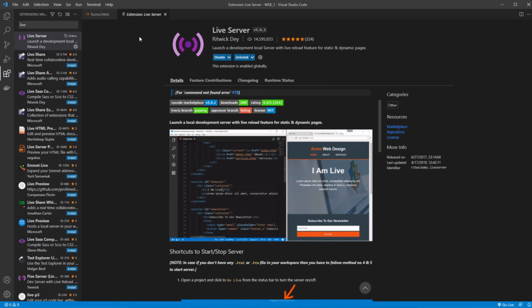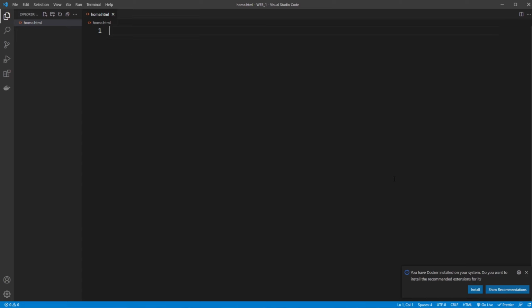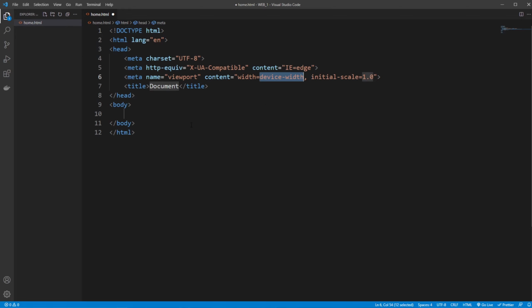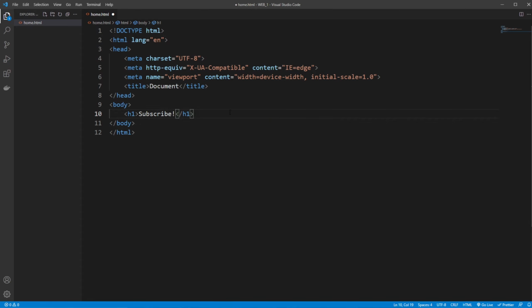But after downloading, you would need to restart Visual Studio Code. There we go. And after you restart Visual Studio Code, you should see in the bottom of this blue bar something called Go Live. So if I just create some very simple HTML, I'll just do a !tab, which creates this basic HTML setup, which I'll be talking about in the future. And let's just do a h1 tag, and let's do some random text like subscribe, for example. I don't know where that came from, but then we would just click Go Live